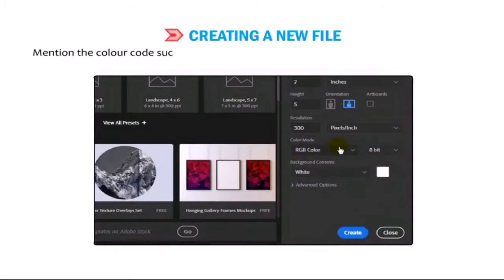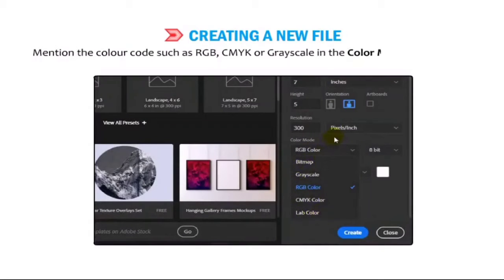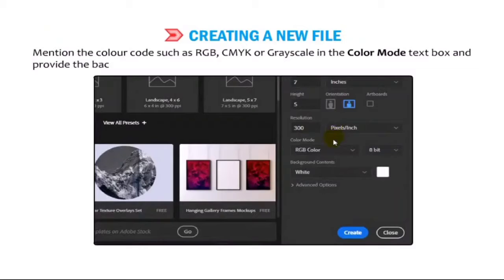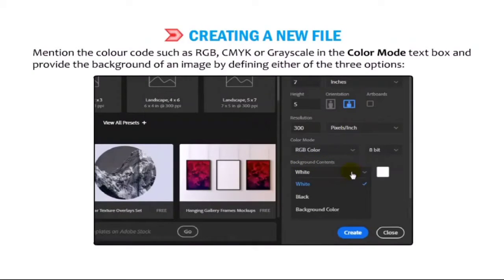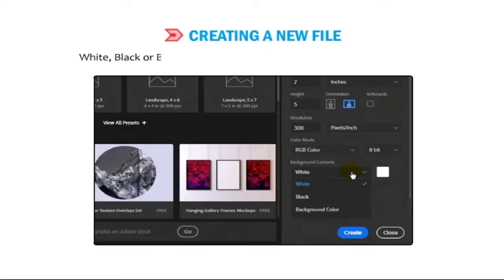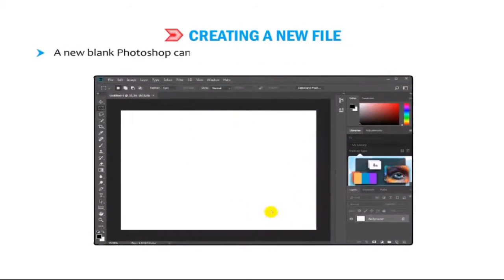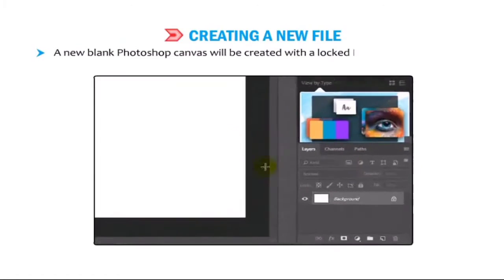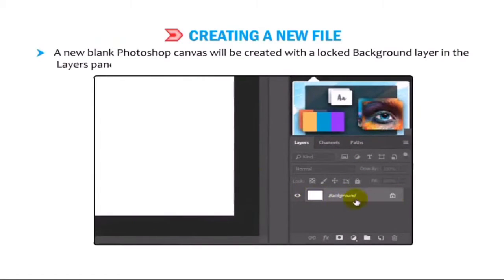Mention the color code such as RGB, CMYK or grayscale in the color mode text box and provide the background of an image by defining either of the three options: white, black or background color in the background contents section. Click on the Create button. A new blank Photoshop canvas will be created with the locked background layers in the Layers panel.